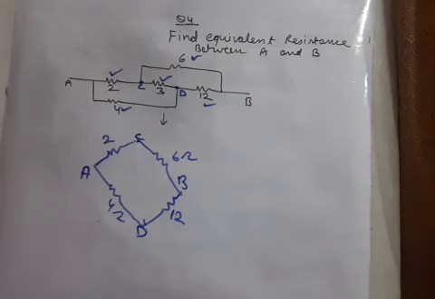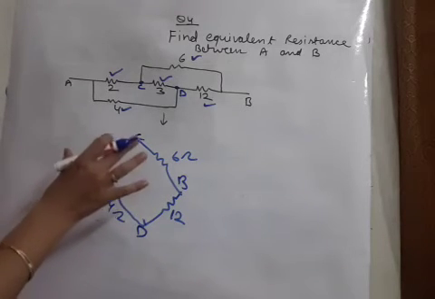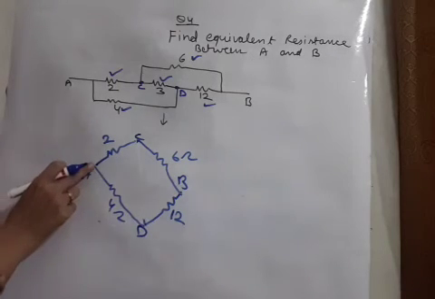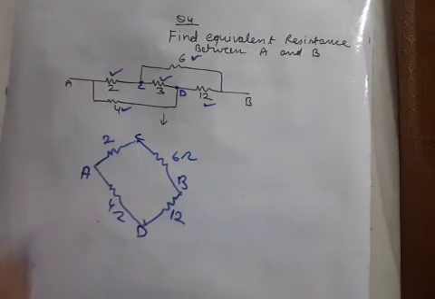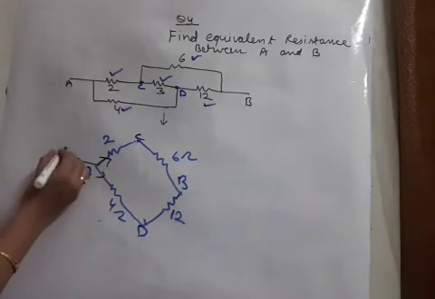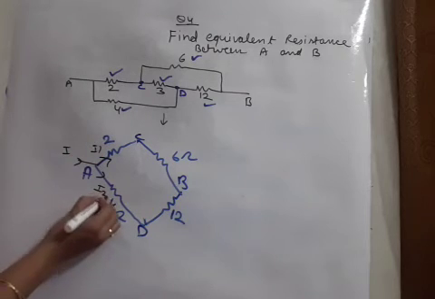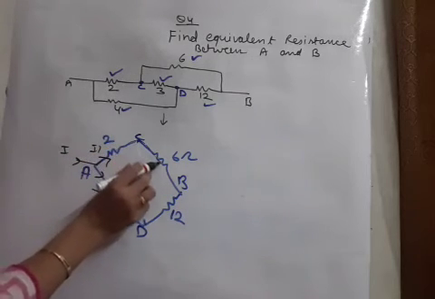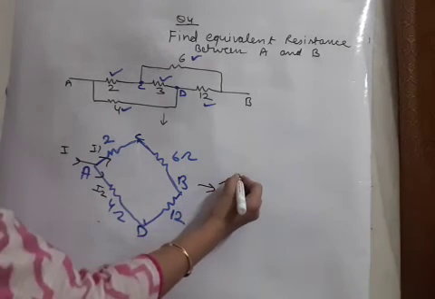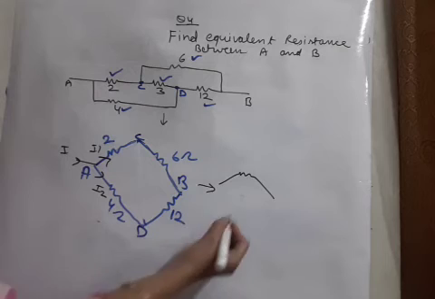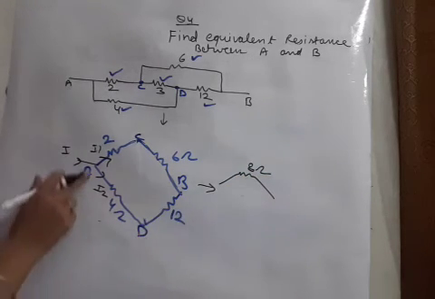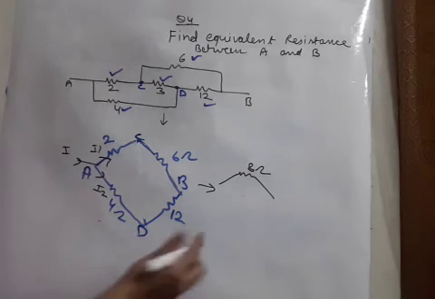Now this circuit is becoming simpler. So we will solve for the equivalent resistance. How to find the equivalent resistance between A and B? We take the current from A. Whatever current enters from A, it gets divided: I1 here, I2 here. Now I1 flows here also and here also. So that means 2 and 6 are in series, so in place of 2 and 6, we will write 8 ohm. In the same manner, 4 and 12 are also in series, on a single line. 4 and 12 are 16 ohm.